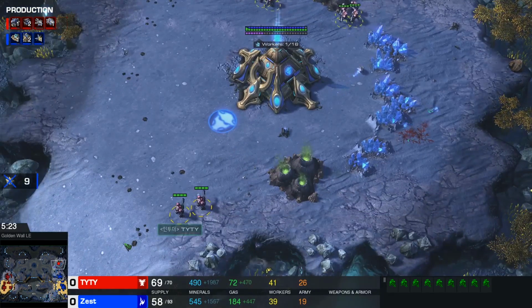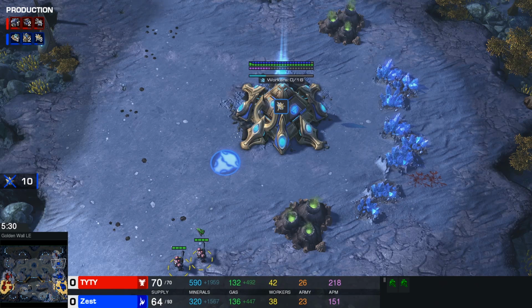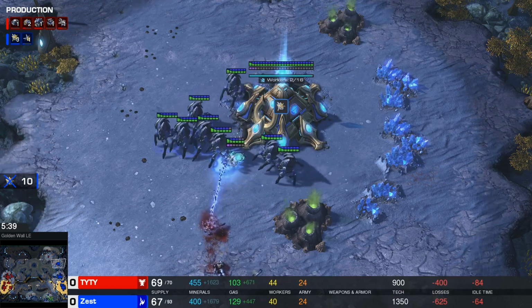And this is looking very, very poor for Zest, who loses 9 workers at the start of the game. 4 gates do end up finishing, but 10 workers have gone down. Well, is TY really lost? So just the Reaper, the Hellion, and a single Marine and SCV. It's 10 workers. This is a nice recall, but...